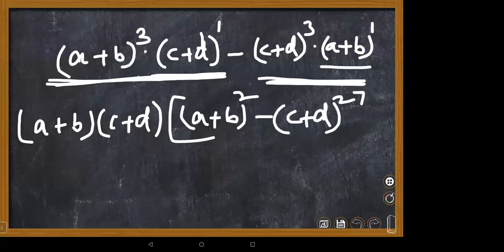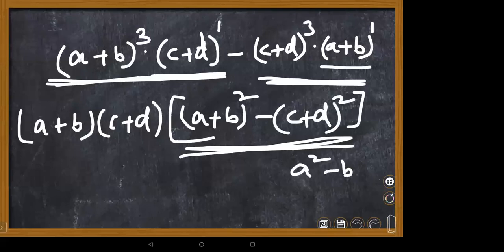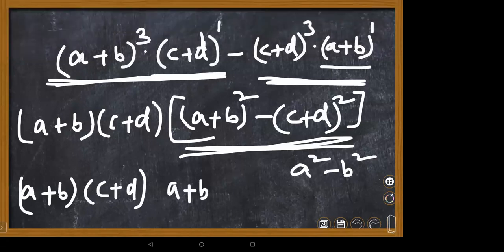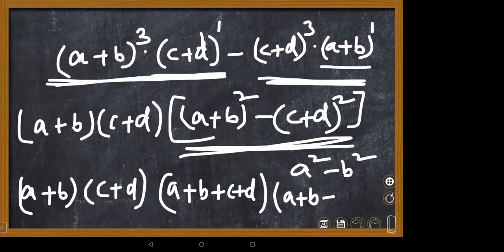In the bracket, which identity can we use over here? Ma'am, a square minus b square, which is (a plus b) into (a minus b). Very good. So this can be written as (a plus b)(a plus b plus c plus d). This is one term. And in the middle, with subtraction, (a plus b) is the a value and the b value is (c plus d), but I'm using minus c minus d. This is the answer, children. If any doubts, please ask me.